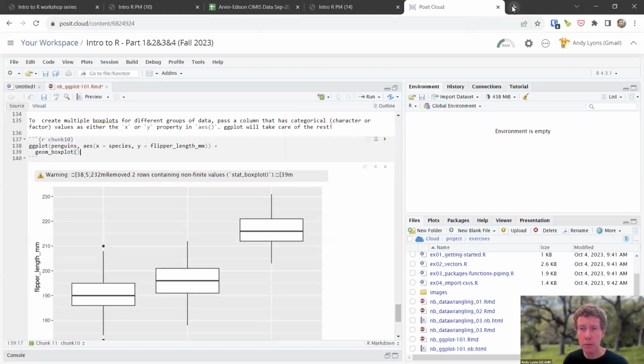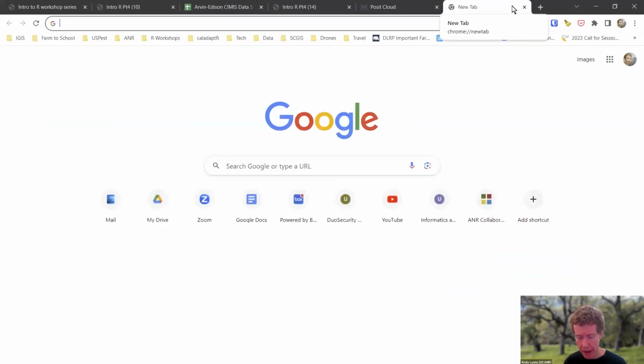A good way to get an idea of what you can do with ggplot, there are lots and lots of help resources online. I will often Google, like, how do I make a donut plot in ggplot? I'll just go to Google and say ggplot donut plot. And within 3 or 4 clicks, I can find a sample piece of code to help me understand how to do that. You could probably ask ChatGPT. I think it could probably figure this stuff out too. But there is, I think it's R Graph Gallery,